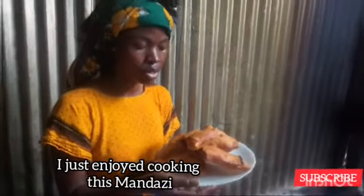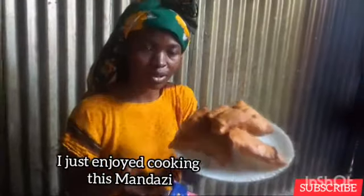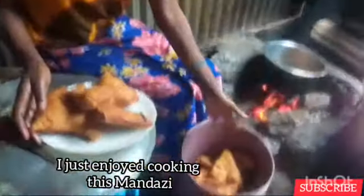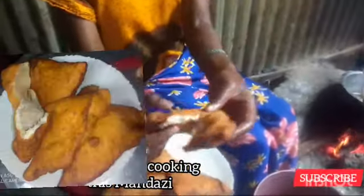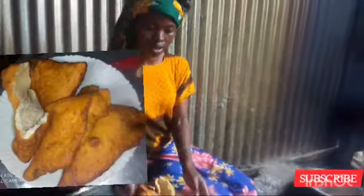This is a sample of the mandazi. This is how they're looking. You can see the color is so nice. You can take this with tea in the morning. You can take this with bean stew, meat stew, just anything with stew. So you can see also inside there's not too much